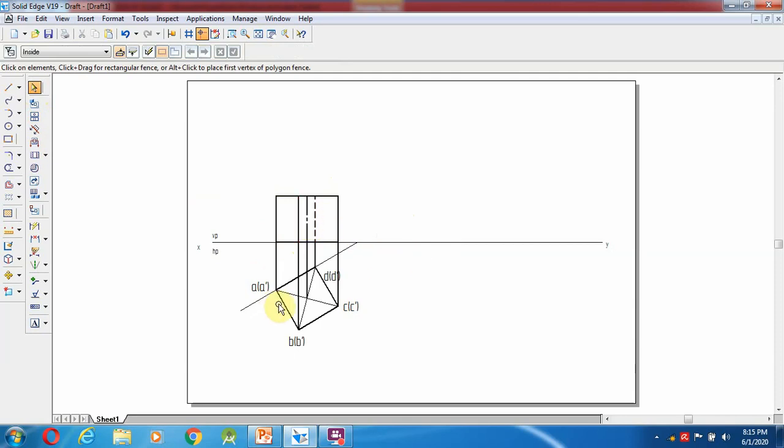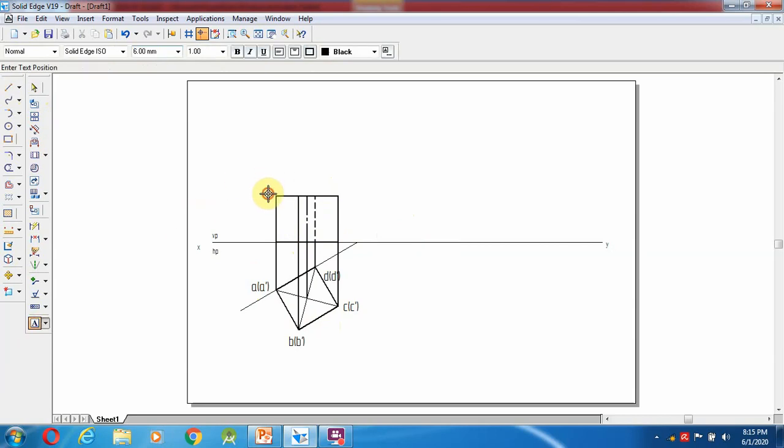Okay. So now we are going to give naming. So in the top only we can see, so the top, let us say A, and next one, this is the edge.